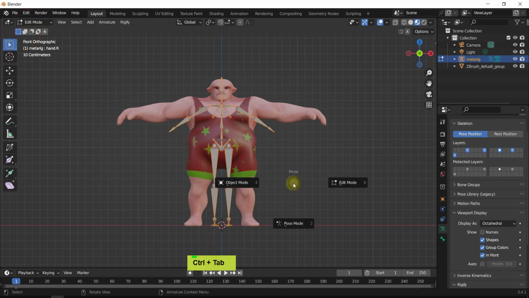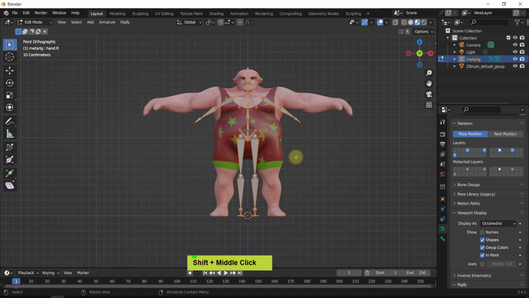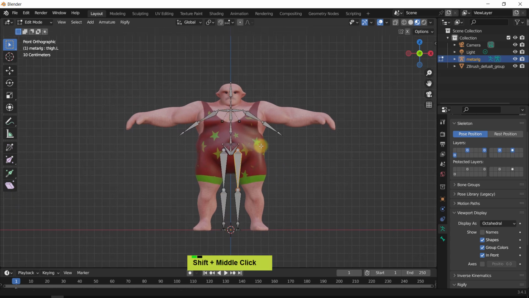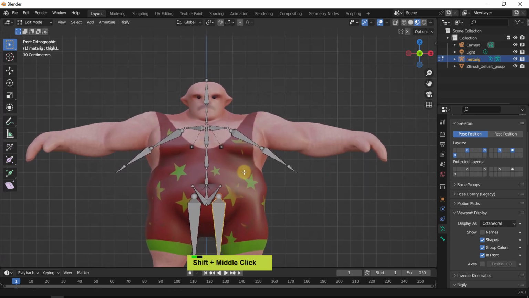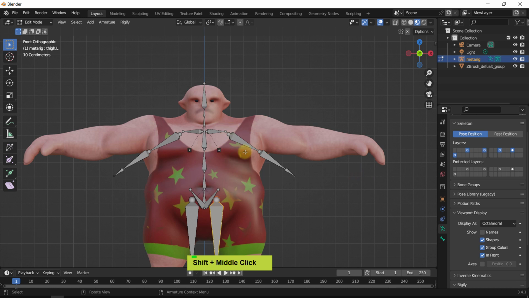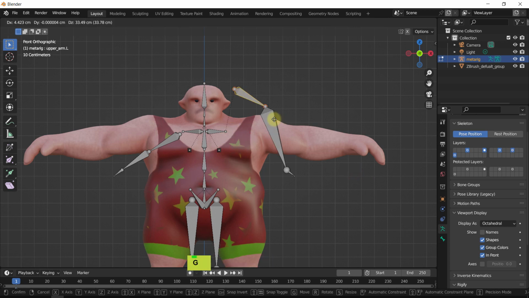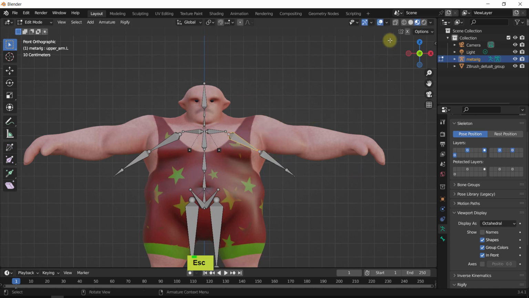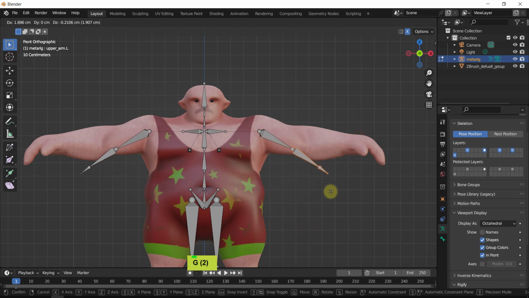Of course, you can use Control Tab and just simply tab as well to switch between various modes. Okay, there we are. So what else? The first thing is we can do this symmetrically. So before we go crazy and move things apart, we can turn on the top right symmetrical movements, and of course you can select multiple elements at a time